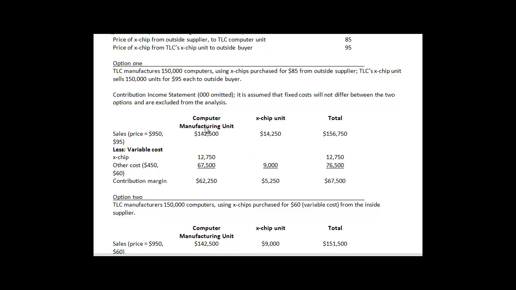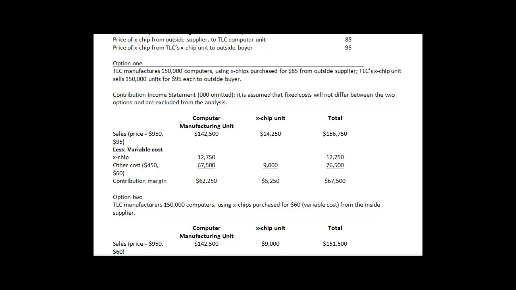For the computer manufacturing unit, multiply the $950 by the 150,000 computers, giving you 142,500. Less the variable cost, the X chip is $85 times the 150,000 computers, giving you a total of $12,750. Other cost is the $450 times the 150,000 computers, giving you a total of $67,500, giving you a contribution margin of